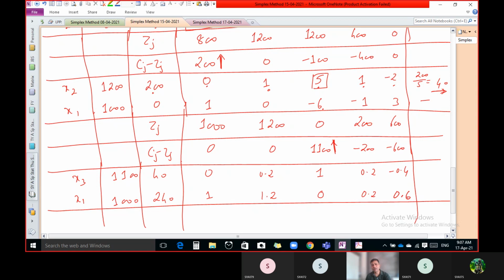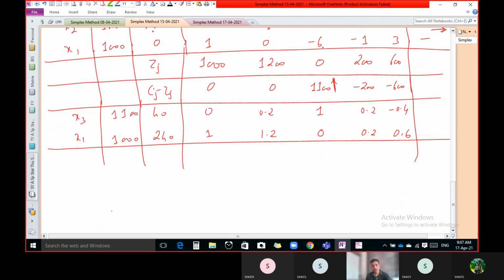Okay, that is the way to calculate all values. The formula is like this: new value equals old value minus, here we have to write the key element, that is 5, and here we have to write the multiplication of two dotted values. Which two dotted values? We have to see the old value and the corresponding value in a row and column, but that should have some dot, and this dot should be in a key row. All the elements which are in the key row and key column, we have to consider as dotted values.